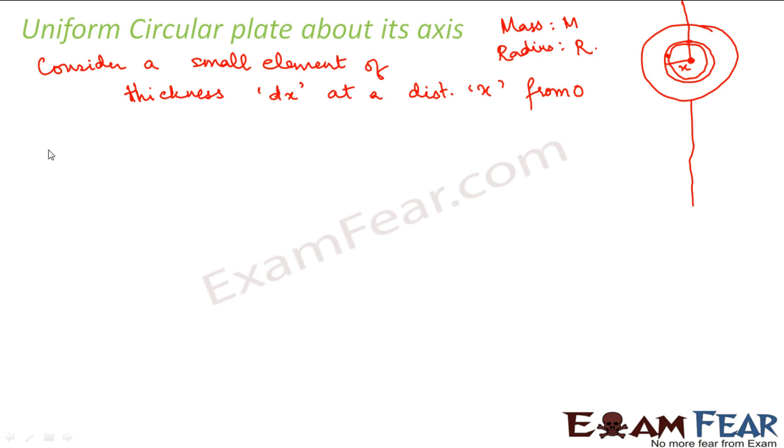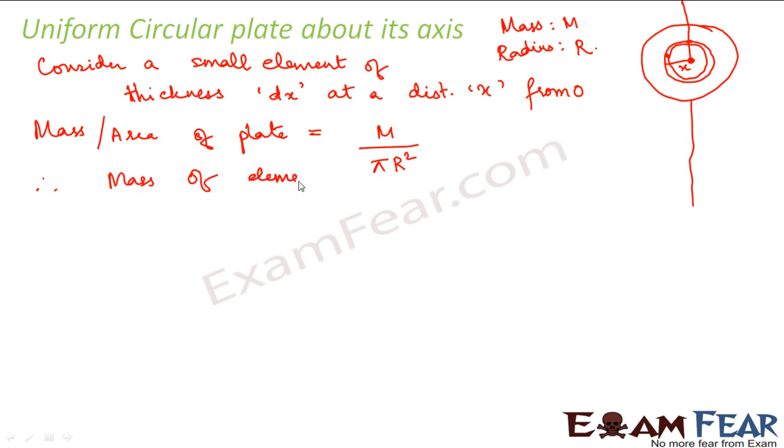Now what will be the mass for this small element? In case of the rod, how did we calculate the mass? With the help of mass per unit length. Now in this case, we have to calculate the mass using mass per unit area because it is a circular plate. So here the mass will be related to the area. So mass per unit area of the plate will be equal to capital M divided by pi R square. Therefore, mass of the small element will be equal to dm, that is some small mass, which is equal to